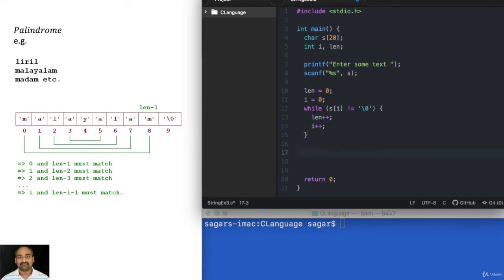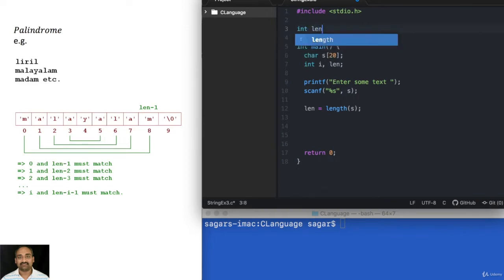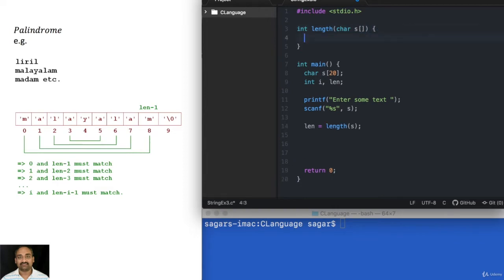Finally, at the end of this loop, you will see the length inside the variable length. Or I can also do it in this way. I will write a function length and pass the string to this. int length of char s of, and here I will do the same thing, length equal to 0.